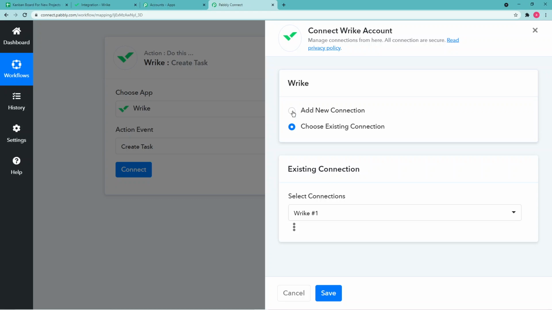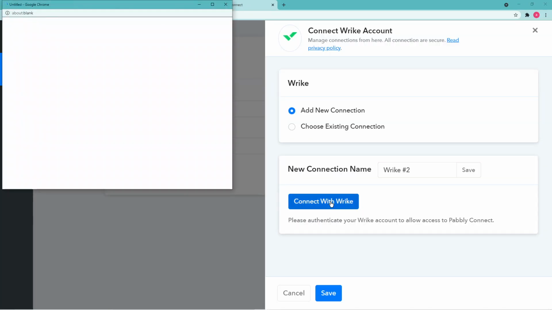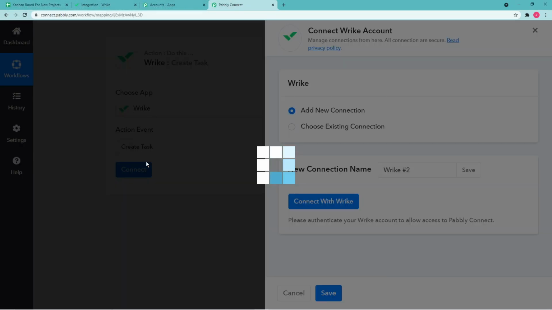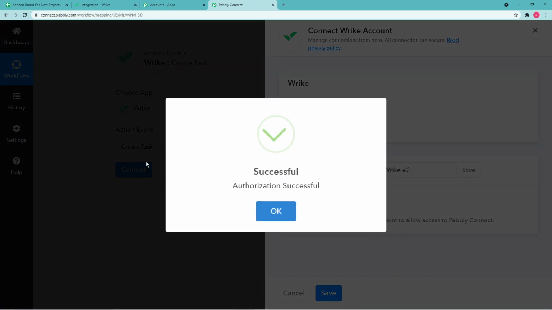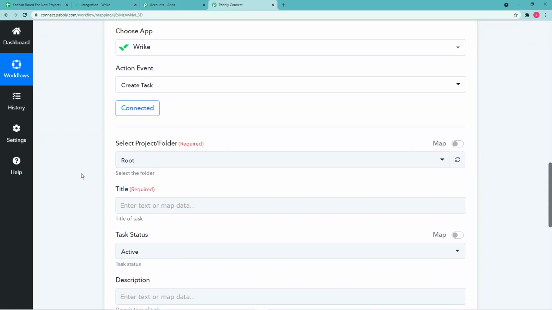From here you have to click on add new connection and then connect with Wrike. After clicking connect with Wrike, this window will open and it will ask for a few permissions. You just have to click on accept. Alright, so authorization is successful and we are connected to our Wrike account also.